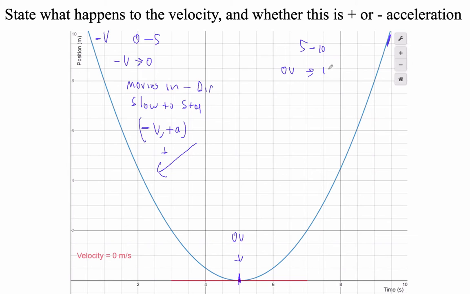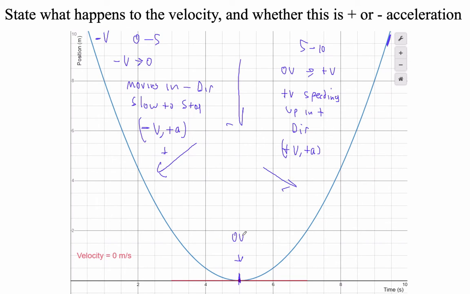So we go to a positive velocity. So we have a positive velocity, and we're speeding up because it's getting more steep, right? Speeding up in the positive direction, right? Okay. And so what it has to be is we have a positive velocity, and we must have a positive acceleration. In fact, this whole thing from 0 to 10 seconds is positive acceleration because it's all concave from above,